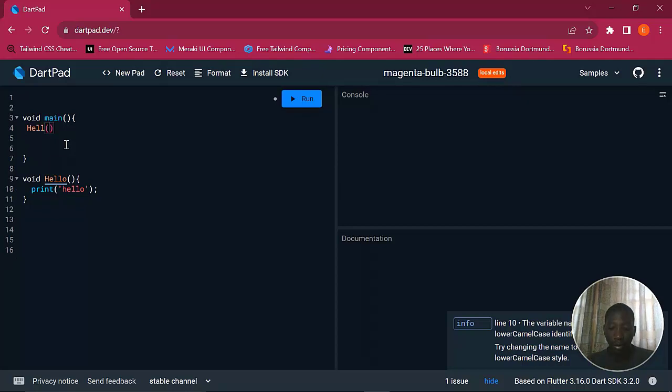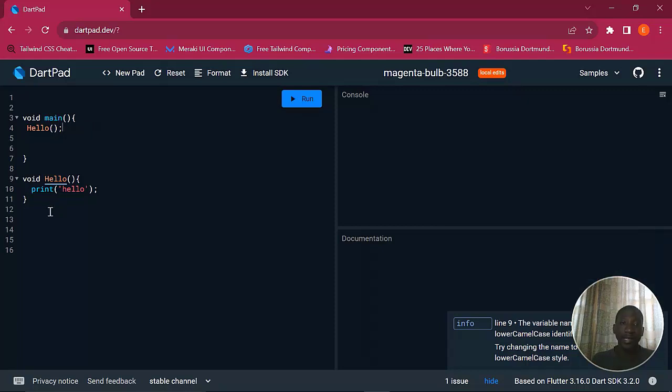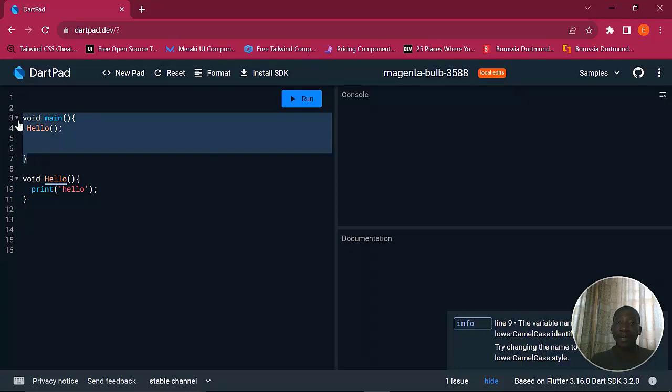Now, you have to call that function the way you created it. If you are using the uppercase, use the uppercase. Where you use the lowercase, so it's case sensitive. So now this is creating a function, declaring the function, and this is calling the function. So just imagine that two brackets like a telephone. So now I'm calling the function inside the main, because once the code runs, the computer goes inside there and